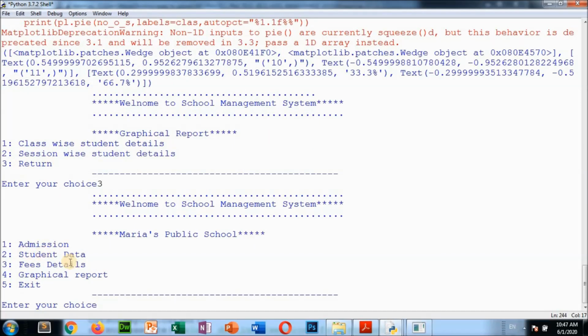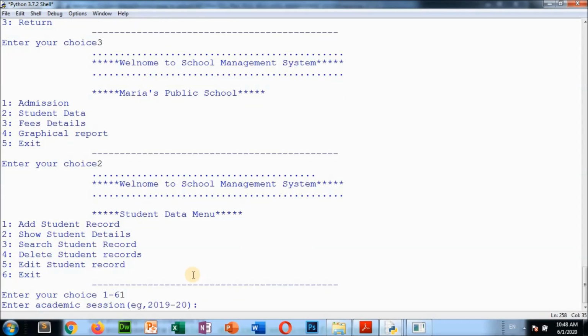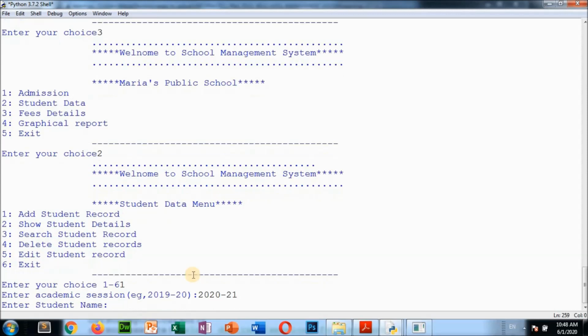So now in the student table we are going to insert some other records also. Press 2, add student record. Enter your choice 1 to 6, press 1, add student record. Enter academic session, suppose 2020-21.